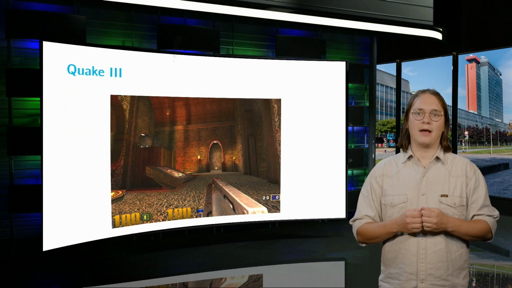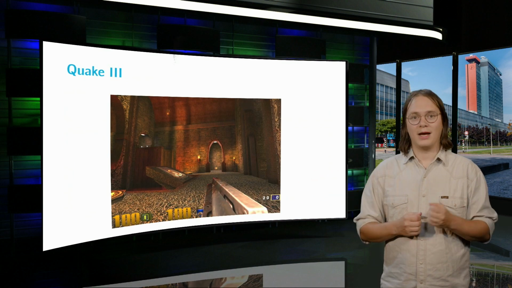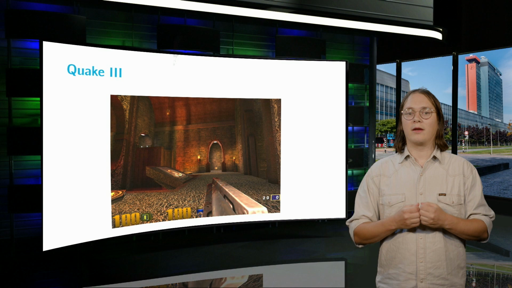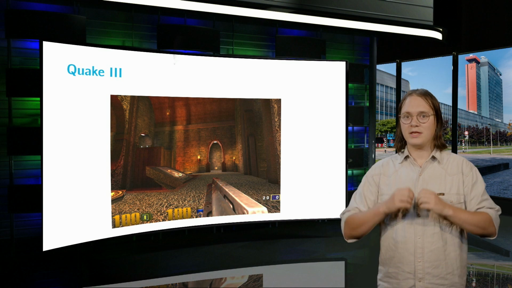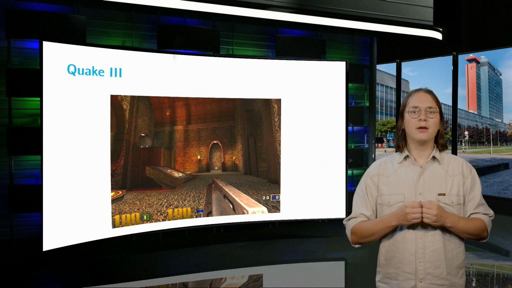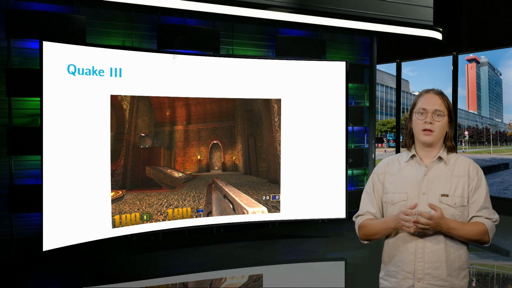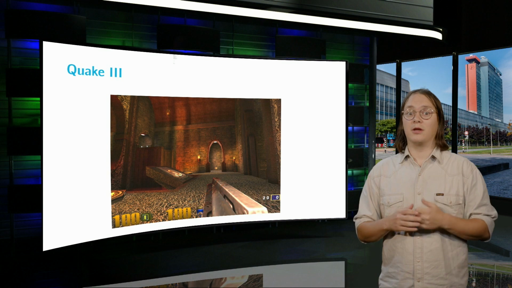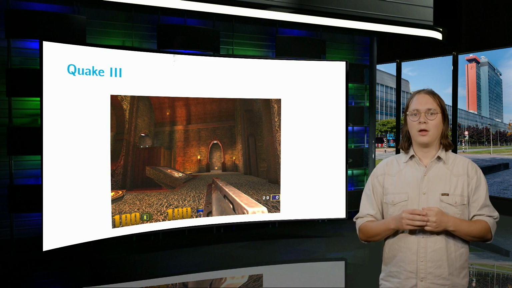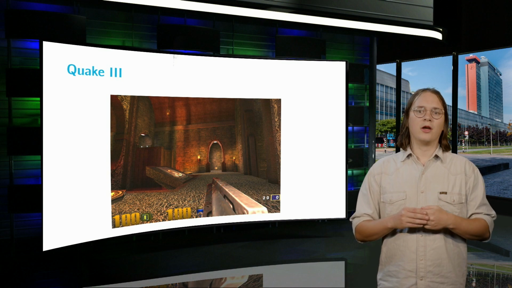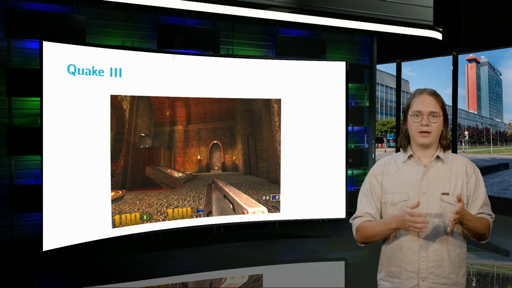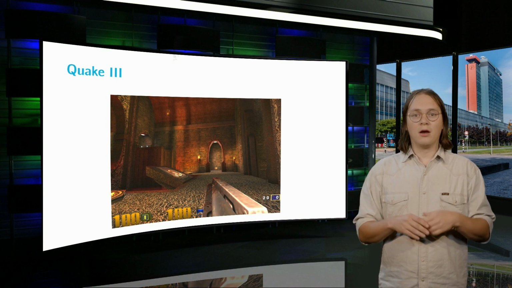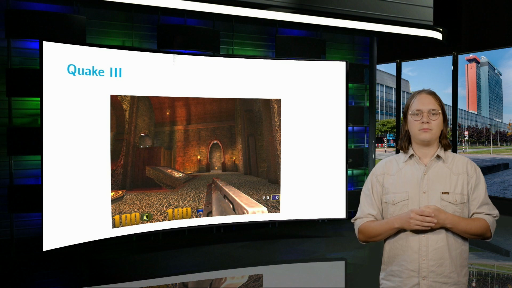Okay, let us end with an example. Here you see a still from the 1999 video game Quake 3. To compile this image and simulate physics in-game, many computations are necessary. In order to provide a smooth gaming experience, those computations also need to be done very quickly. One particular computation that arose a lot was to find the value of the function f of x equals 1 over the square root of x for various values of x.